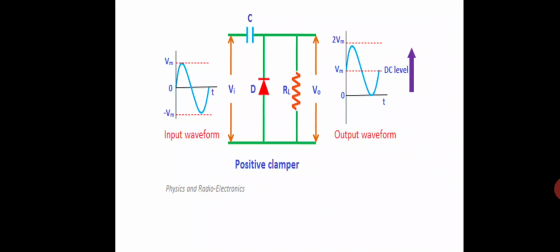What happens when the input is positive? When Vi is positive, the battery and diode first terminal is negative and the input is positive, so both are in reverse condition. The diode in reverse bias does not work and acts as an open switch. The diode is open, so the positive input Vi goes to the load RL directly. No current flows in the diode.